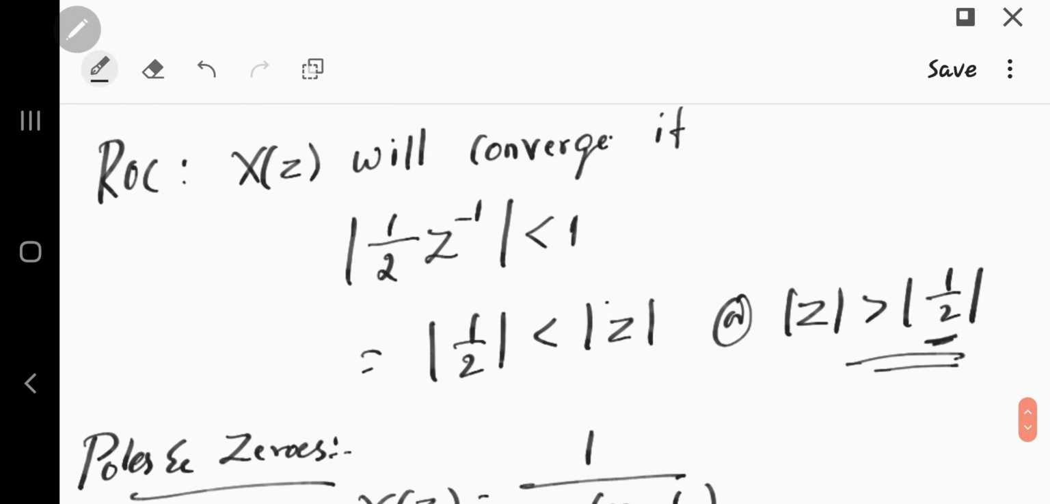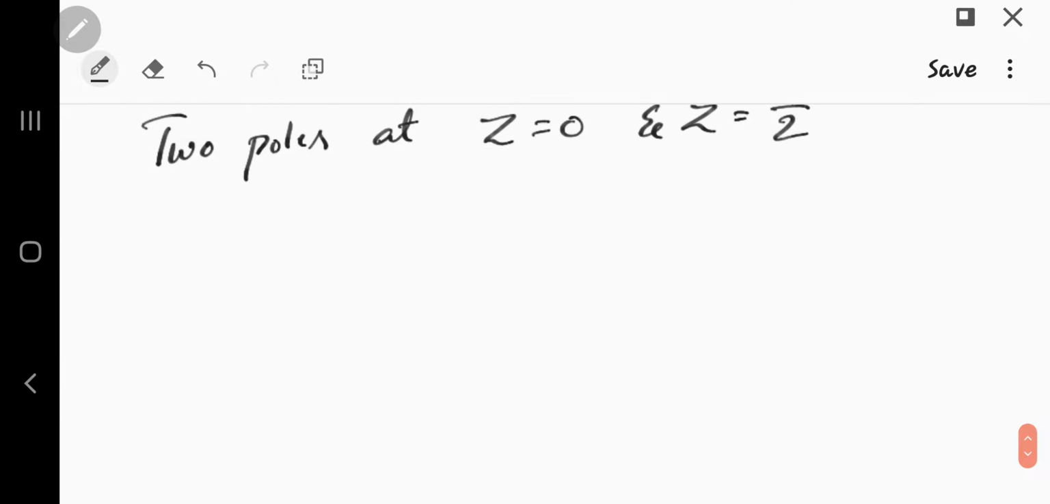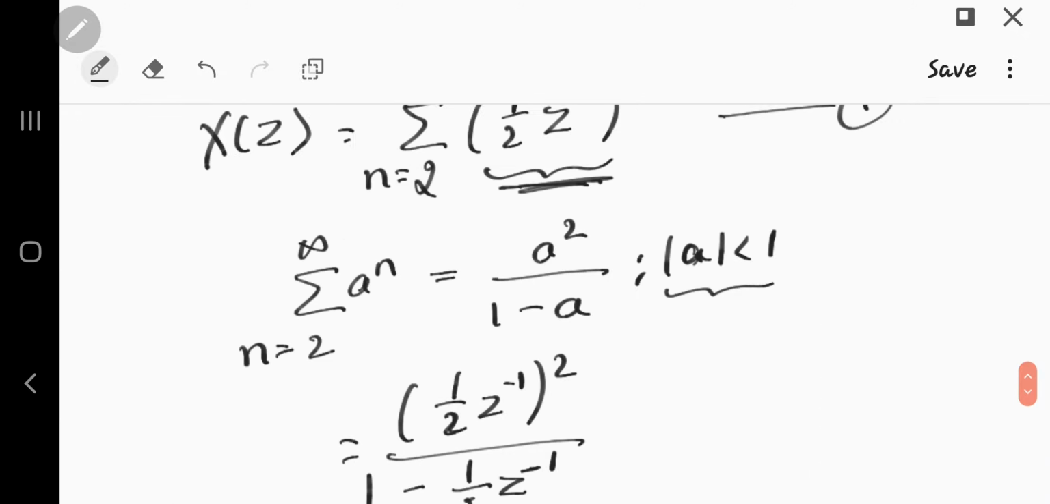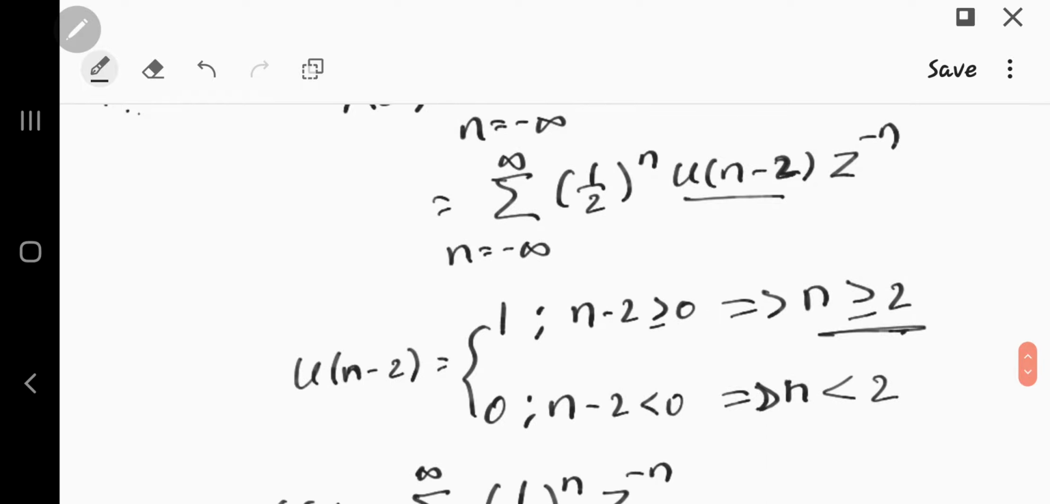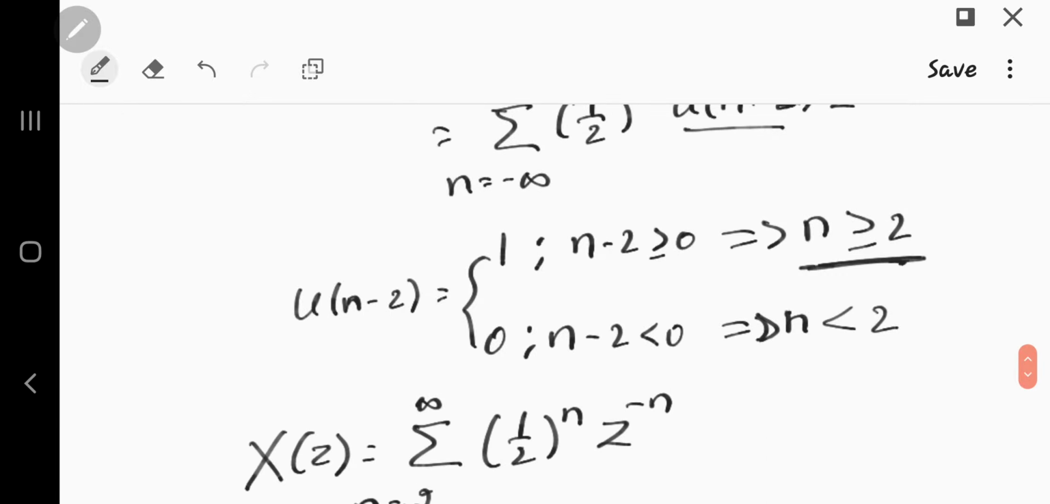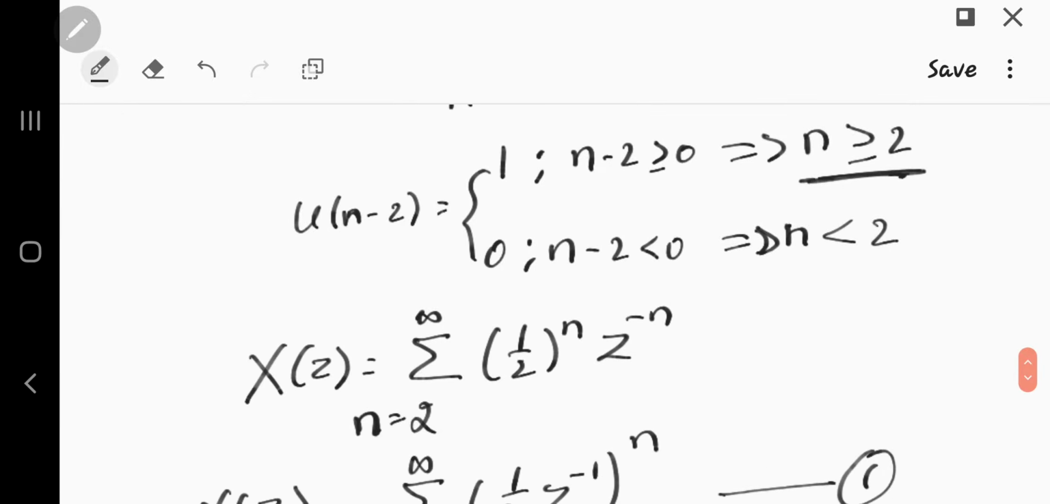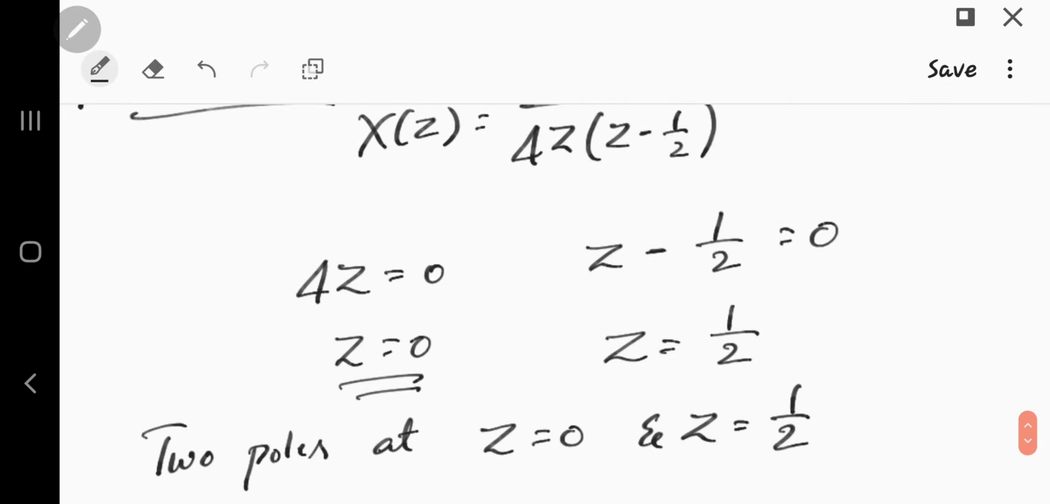Okay, and the ROC says z is greater than 1 by 2, which means we have a circle of radius 1 by 2 and the ROC is greater than that. And if you can see, the given signal is a positive time sequence signal because (1 by 2)^n of n minus 2 is present only for positive values of n. You can see 2 to infinity. That's why. Now if you go for plotting the signal,